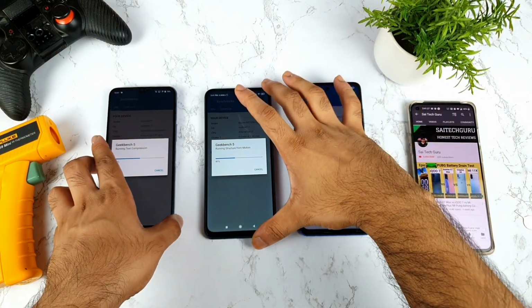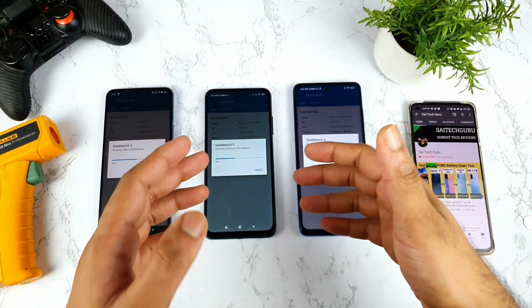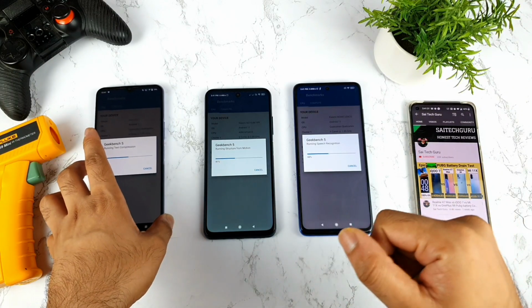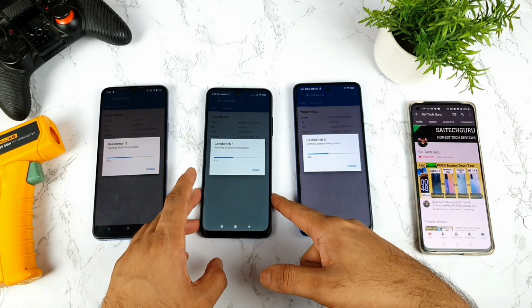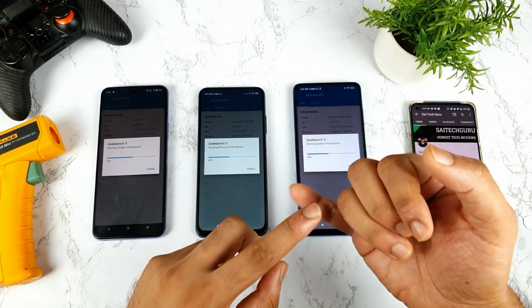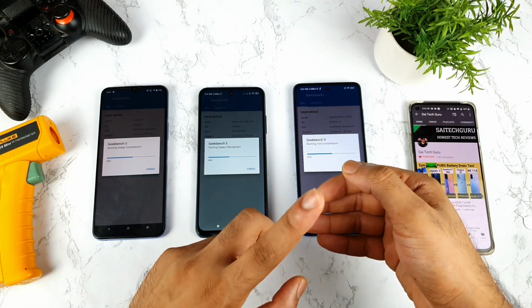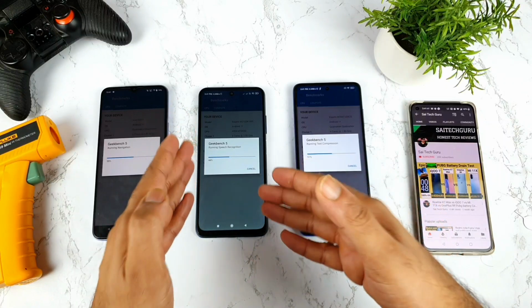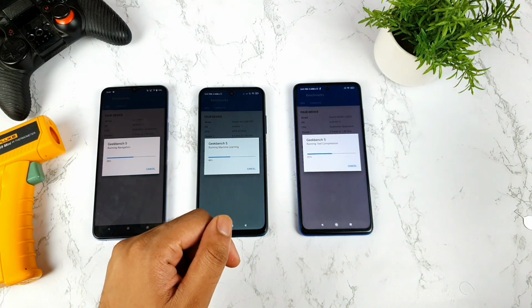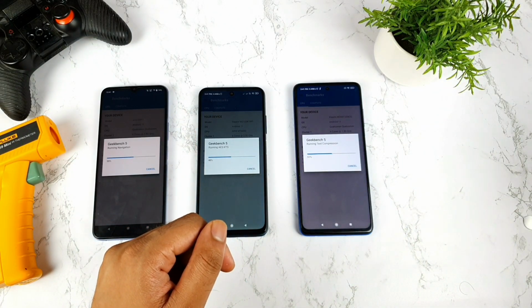So I'm trying to do a lot of review on this Poco M3 Pro for the next few days, so make sure to stay tuned for those videos. In case you're planning to buy the phone, you should know about the following things: gaming, connectivity, how is the 4G, and all those details, and how is the battery and charging time. All these details you should know before actually buying the phone. So make sure to stay tuned, friends. Definitely I'll do my best to post the video as soon as possible.